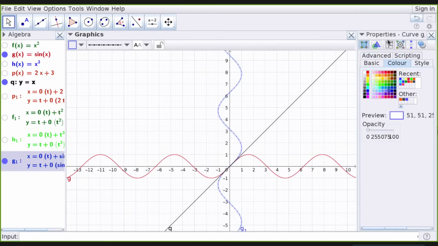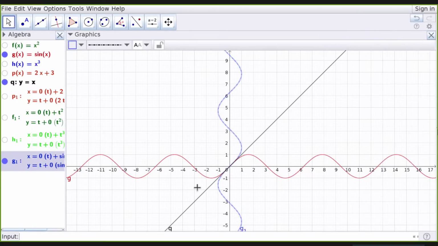Okay. Now, the problem with this one is you can see this is a function, but this is not a function, because you can apply your vertical line test. This test, the vertical line test, will fail. So even though you reflect, you are not getting the inverse function. So how do we get the inverse function? That is what we will do now.